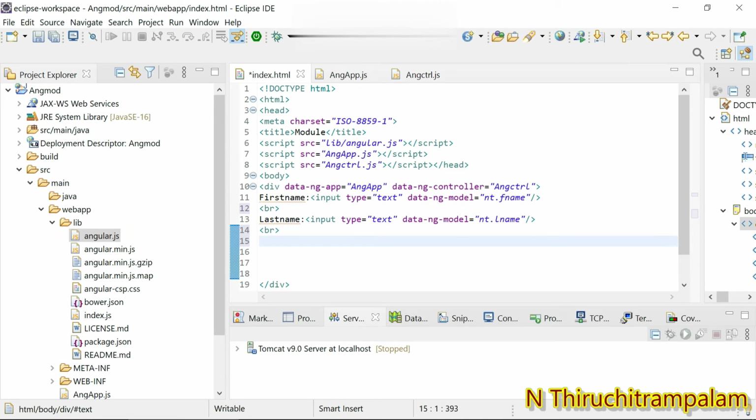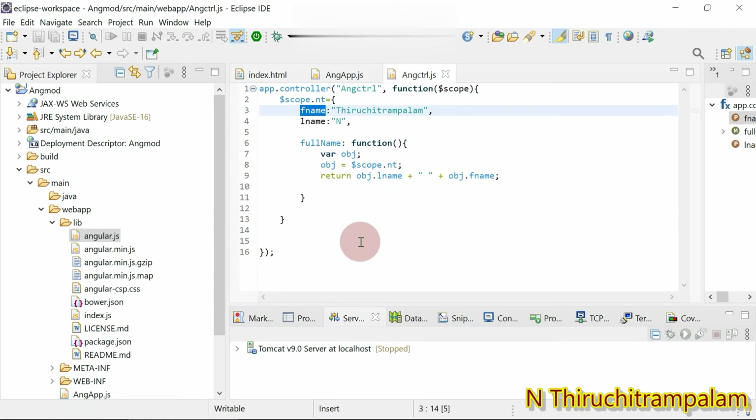And now I'm gonna print whatever value the end user keys in the first name and last name text box. I would like to print that value on the view page. So how do I do it? Here I use two curly braces. Within this I'm gonna call the function named fullname.